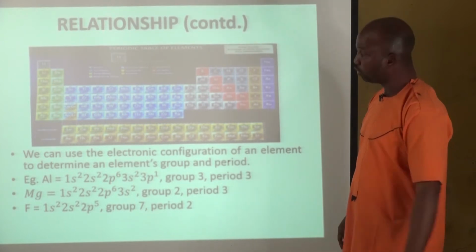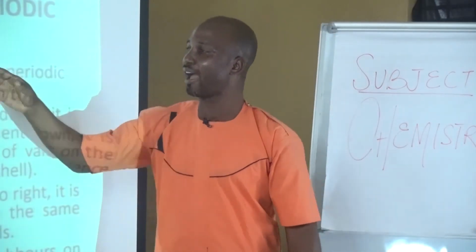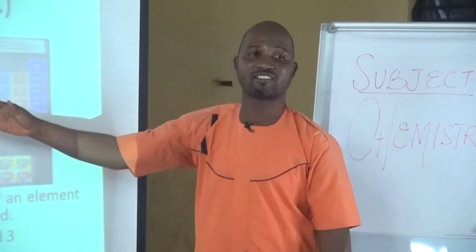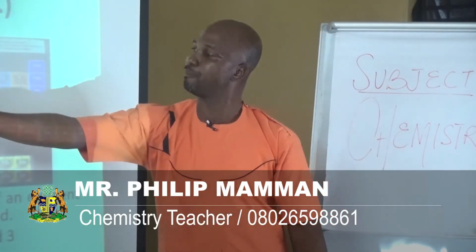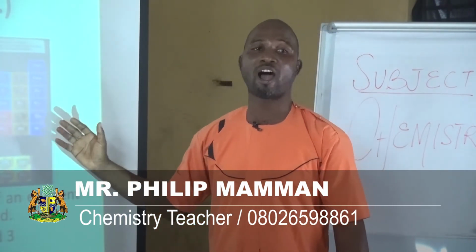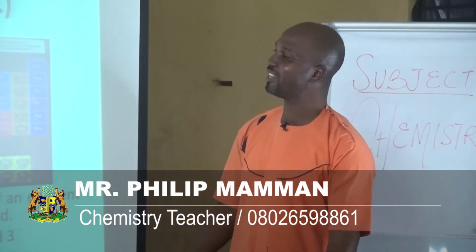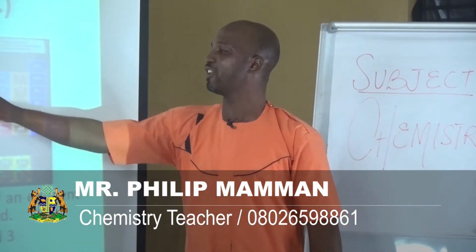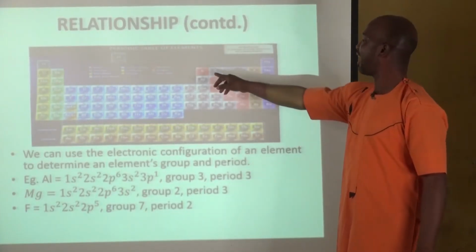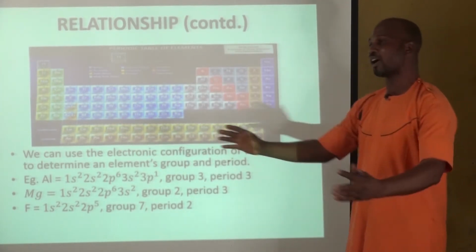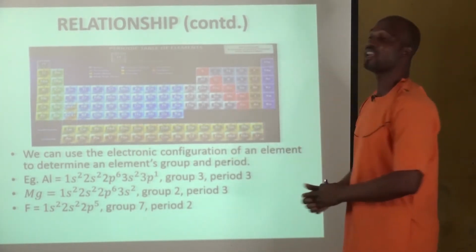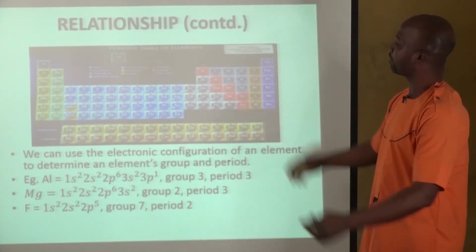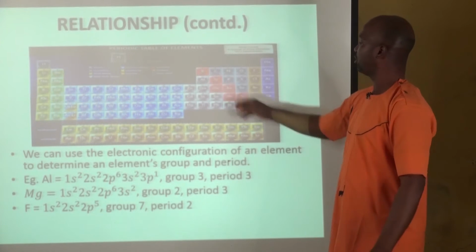Of course, I told you that from left to right is called the period, and this period is also known as a row. Elements on the same period have the same number of shells. The last one is the diagonal relationship. You appreciate these elements coloured in red. It shows that they are diagonally related, and if you look at their diagonal relationship, it tells about their sizes. They are of comparable sizes. It affects some of their properties, as you can see on the board.